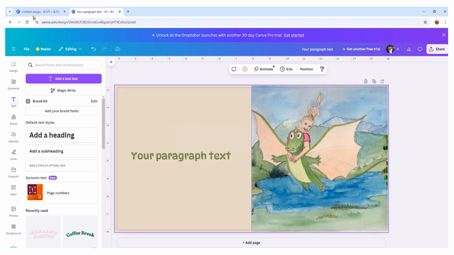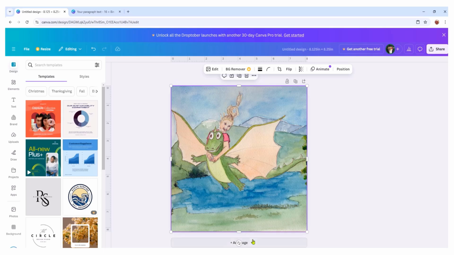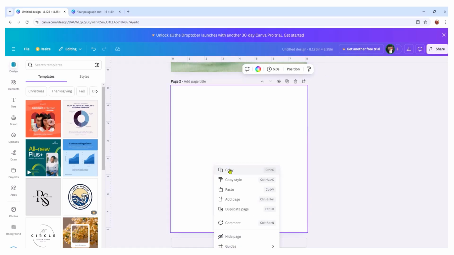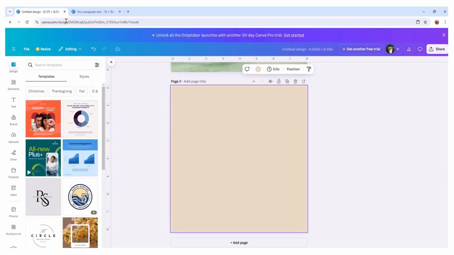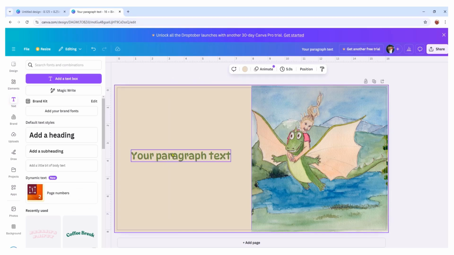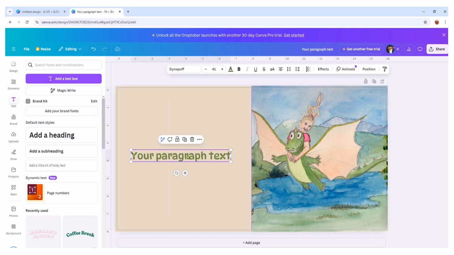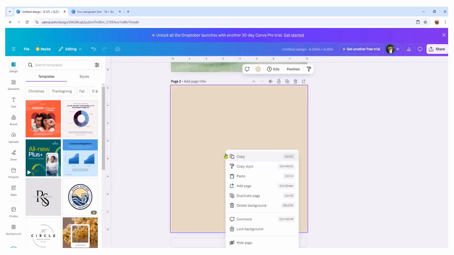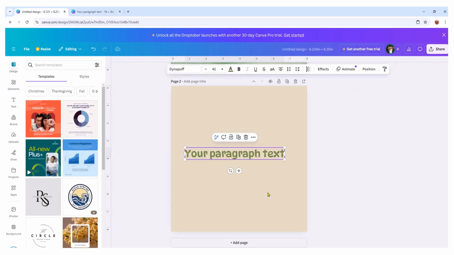Copy, add page, paste, and we can do the same thing for copy, paste for the text. So you can amend your text here, and this is one of the advantages of doing